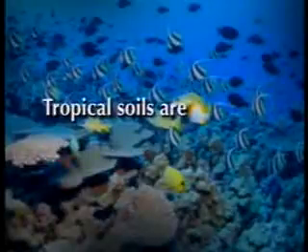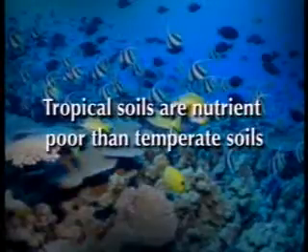As I told you earlier also, tropical soils are more nutrient poor than the temperate soils, because whatever nutrients we have in soils in the tropical regions are immediately recycled and locked up by the living biomass, by the huge diversity of microbes that exist in the soils. So this productivity hypothesis again does not clearly tell us why tropics are more productive and temperates not, and why they sustain more species and temperates do not.